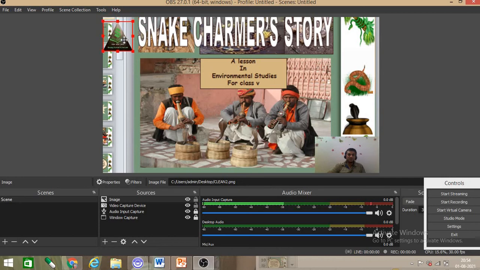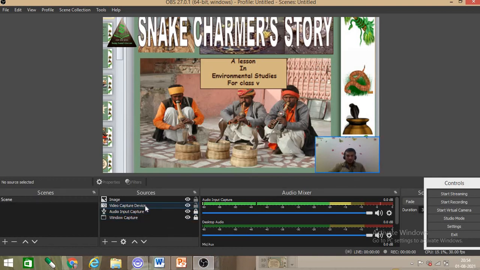See here, this much is okay. Now see, in the second option we have window capture, audio capture, video capture and image. So four things are there: window capture, audio capture, video capture and image.